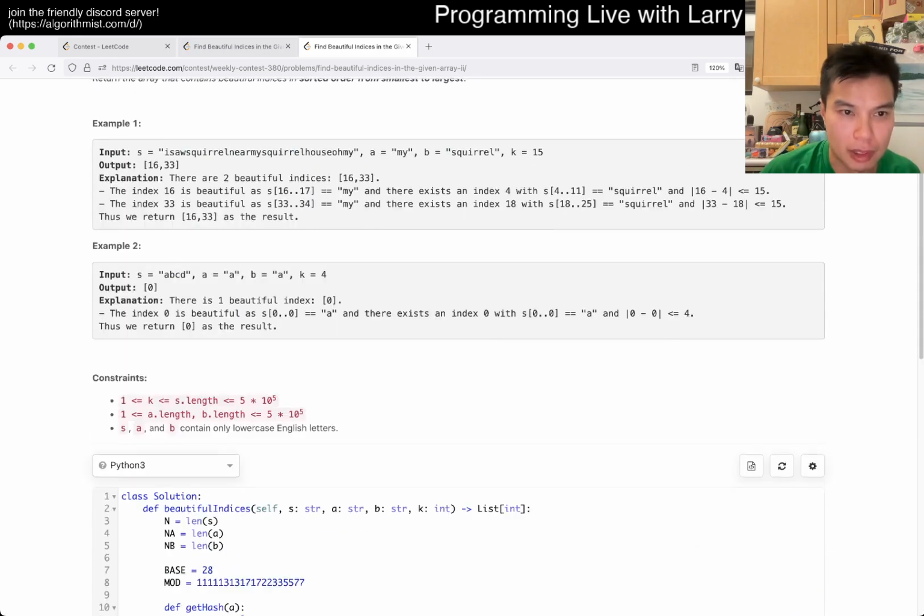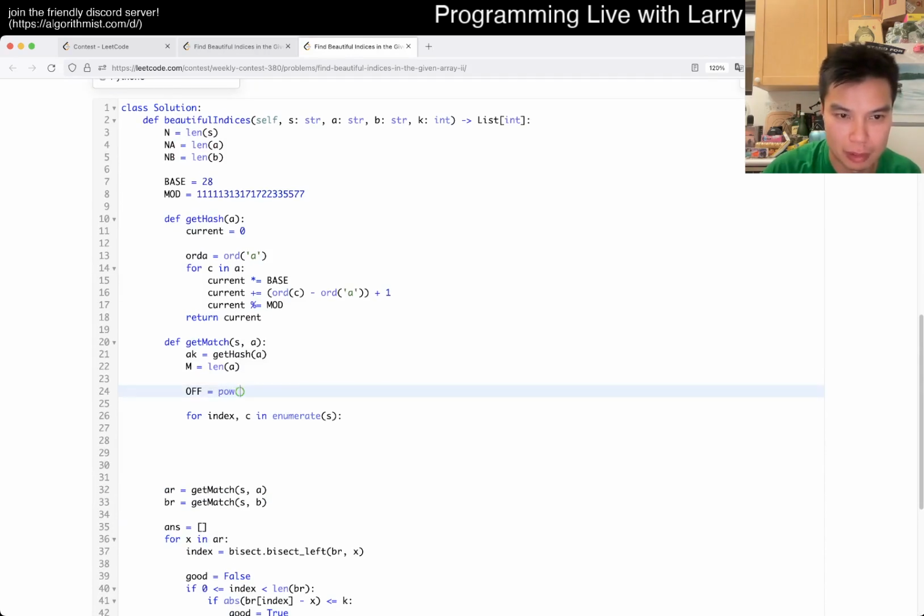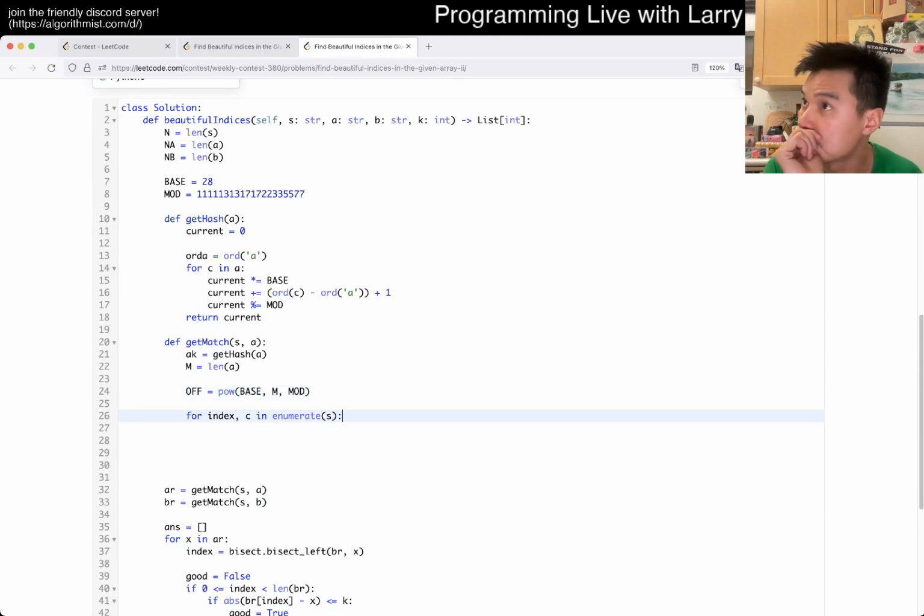Right, what is the... oh, it could be very long. Actually, I have to be careful. Is that right? This one, yeah, it should be right.